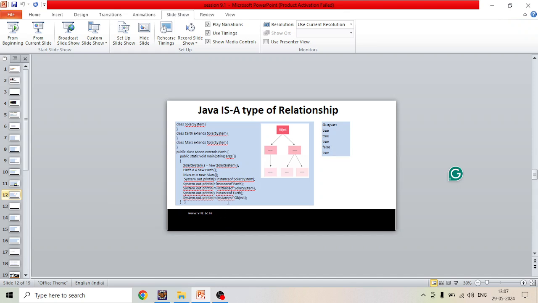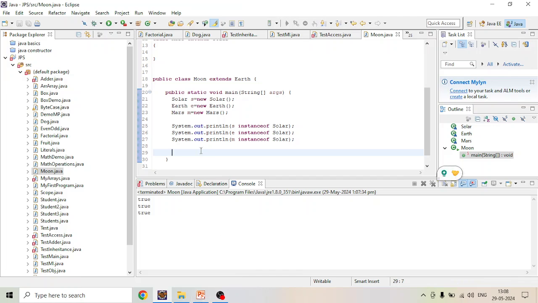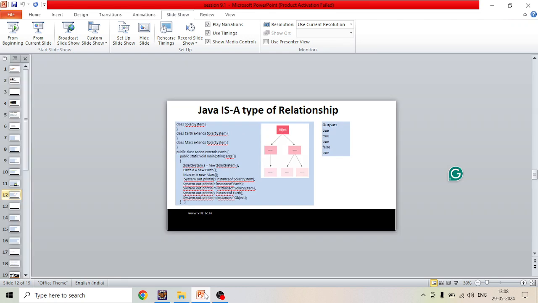Then instance of object, instance of earth. System.out.println yam instanceof Object,